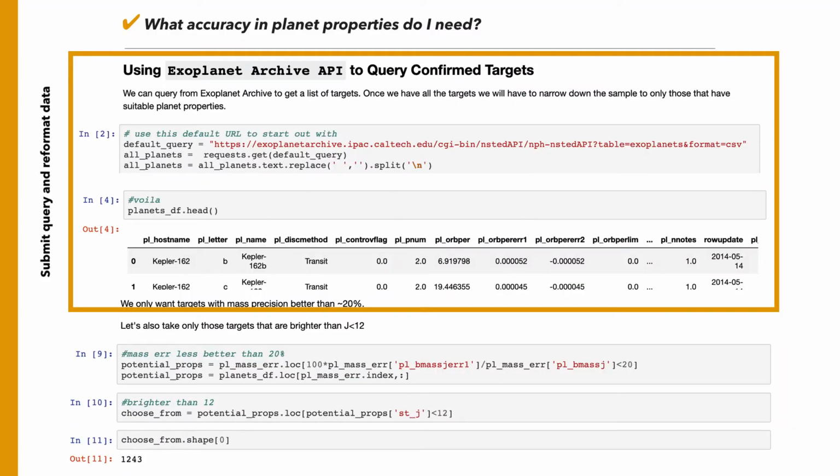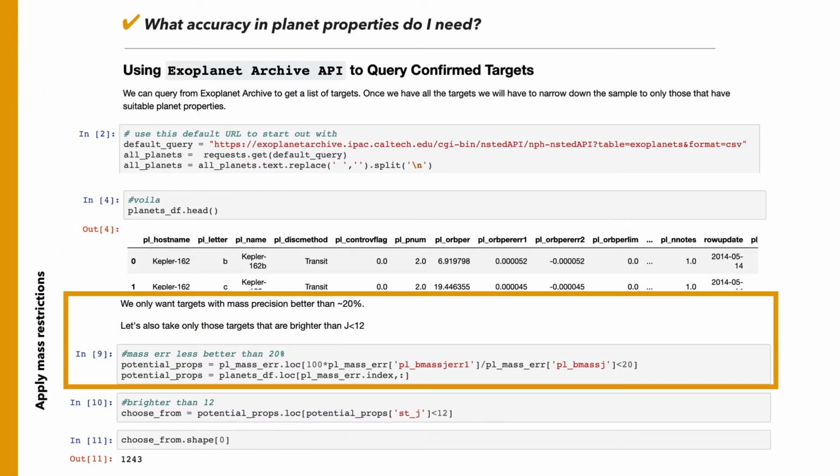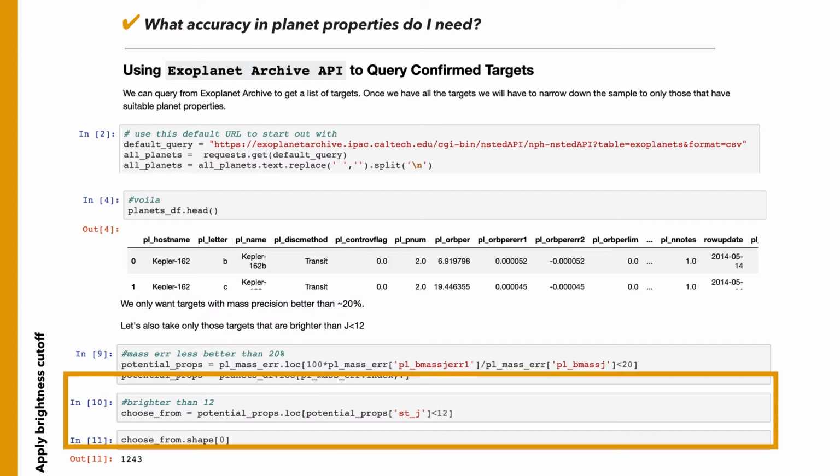So if you're following along with the tutorial online, you've learned how to use the Exoplanet Archive API to query confirmed targets and also transform them into usable formats. You also now understand why I've only taken those targets with better than 20% precision. The last thing you'll see that I did is one additional cut to remove anything that was dimmer than J of 12-ish. And we are moving a little bit ahead of ourselves at this point, as we haven't yet talked